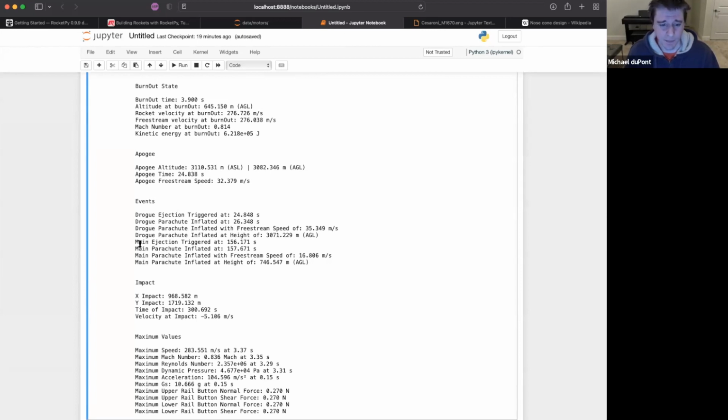And the main parachute was after about 2.5 minutes. So it got up there really quickly and took its time coming down. That's just to be expected. And we see that it was fully inflated after just 50 meters after it initially deployed, or we told it to start deploying at 800 meters, and it took about 50 meters